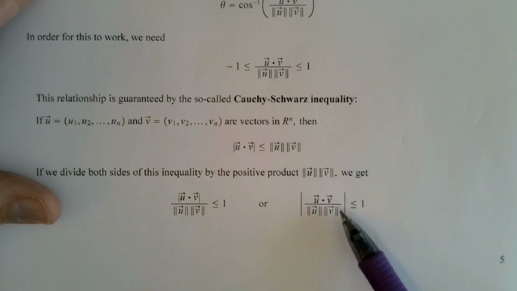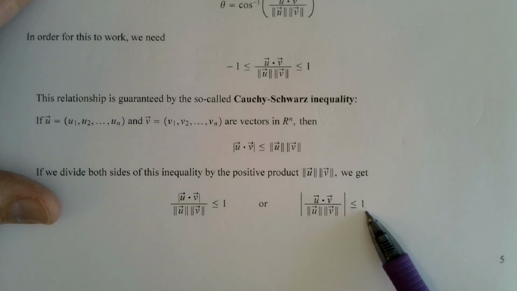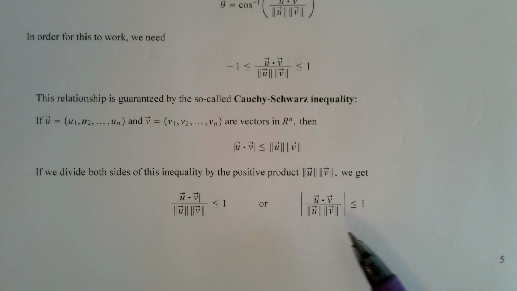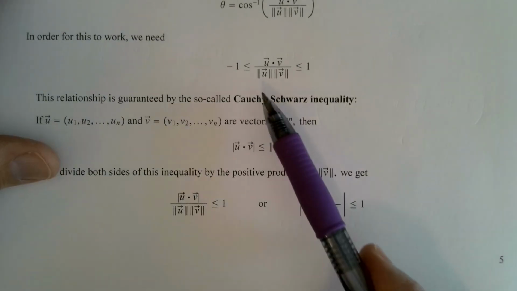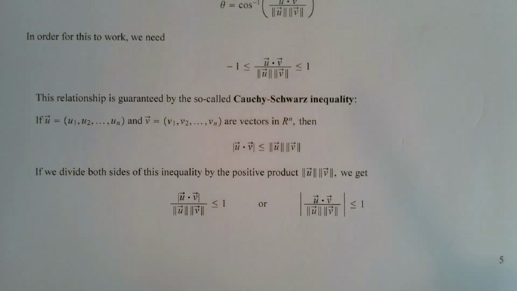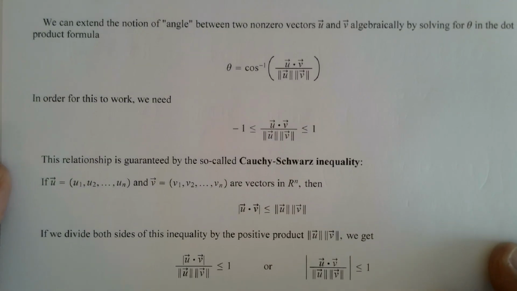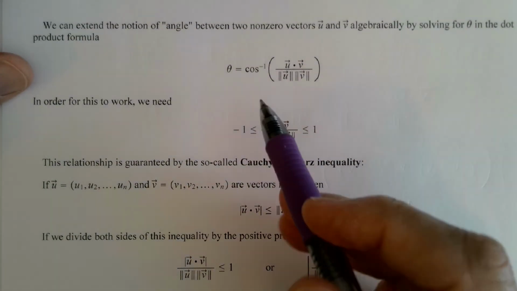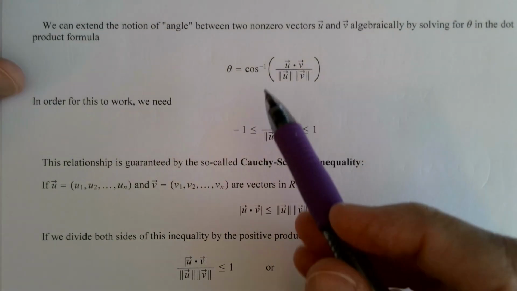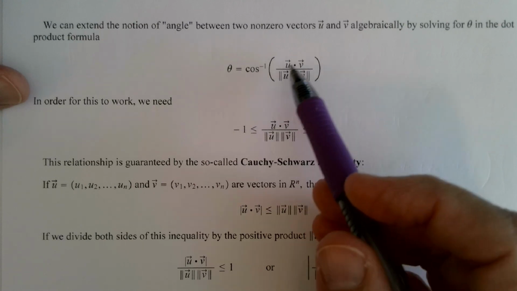If the absolute value of this is less than or equal to 1, what does that mean? If your absolute value is less than or equal to 1, that means you're within 1 unit of 0. This expression is within 1 unit of 0, so between -1 and 1. Okay, and so there it is. This proves this theorem. So we can extend the idea of angle to n space, and that's not really a big thing. I mean, you could do the computation. In other words, given 2 vectors u and v in n space, you can do the computation